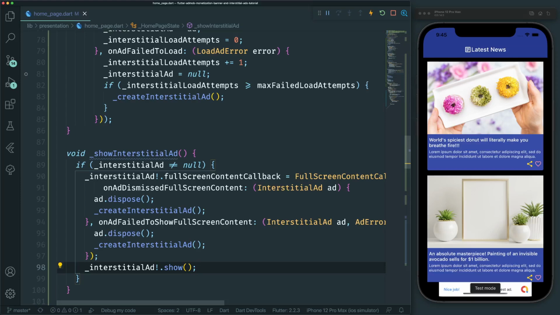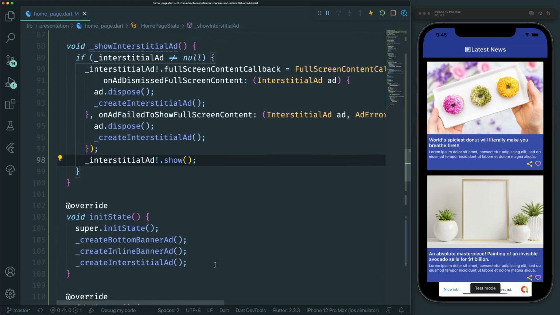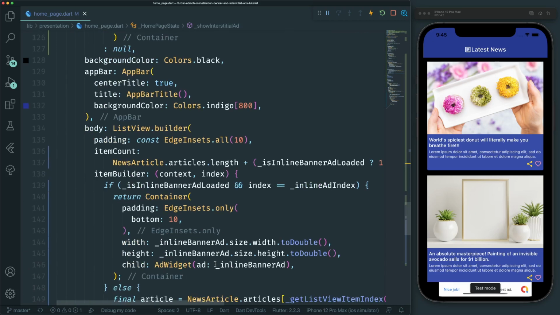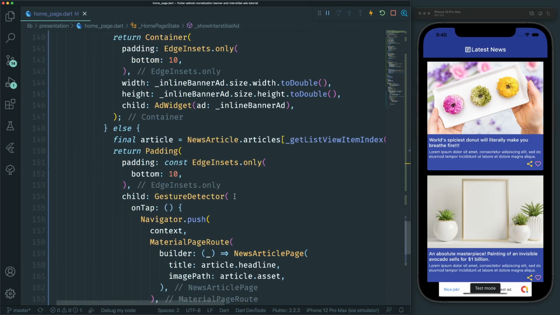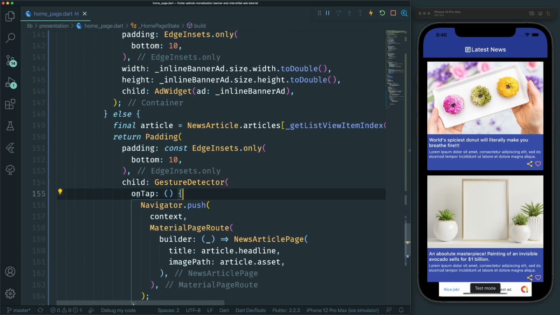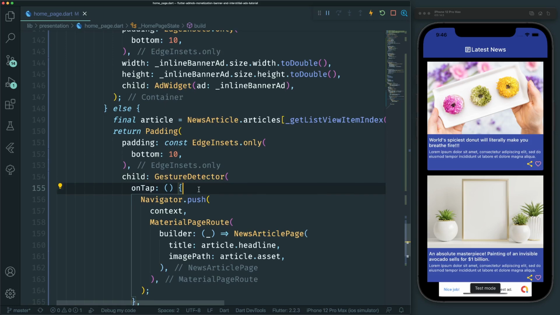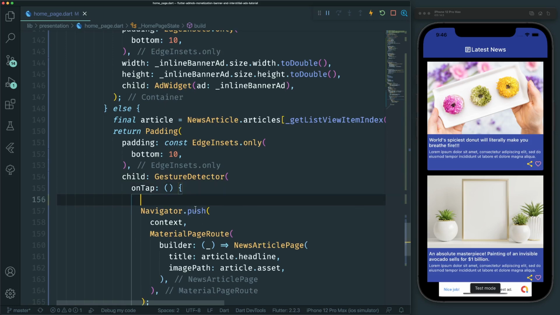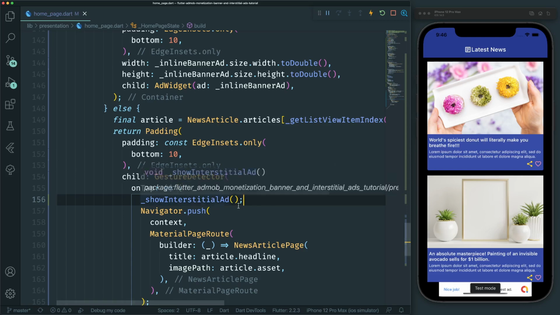Now let's go to the gesture detector that wraps our article tiles and call the show interstitial ad function from there. So let's scroll down, and this is our gesture detector, and this is the onTap function. So here, right before the Navigator.push, we can add the show interstitial ad function call. So now when a user clicks on the tile, they will see the ad. Let's save our work